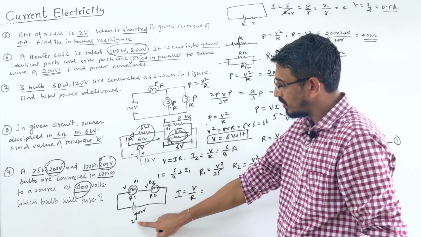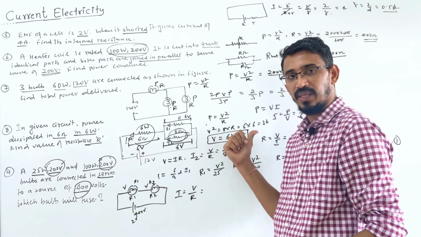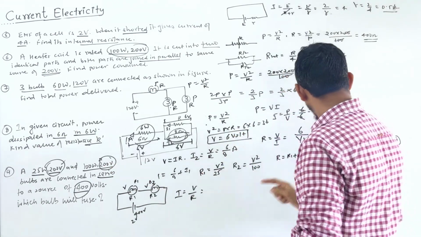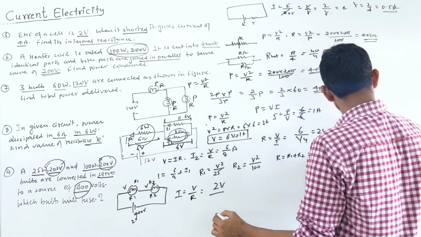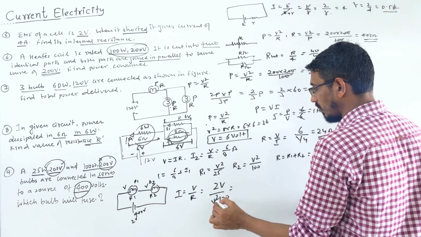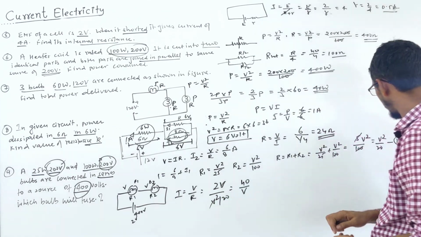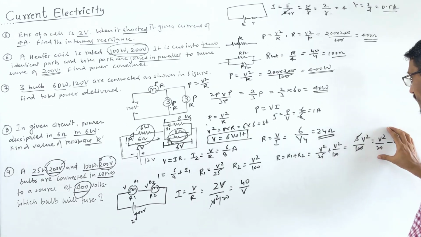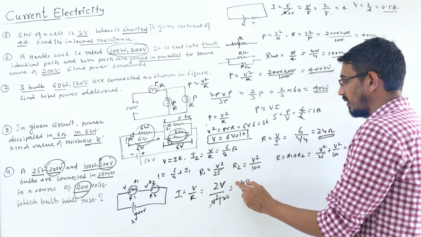So net voltage is 400. I am writing 2V because this 200 I wrote as the symbol V. To make the calculation simple, you can put the numerical value here also if you get confused. So that becomes 2V by the resistance here, V square by 20. One V gets cancelled, 20 into 2 is 40 by V. Correct, only a calculation I am doing. Here this is your resistance, V square by 20, so it goes up. Okay, this is your current flowing.